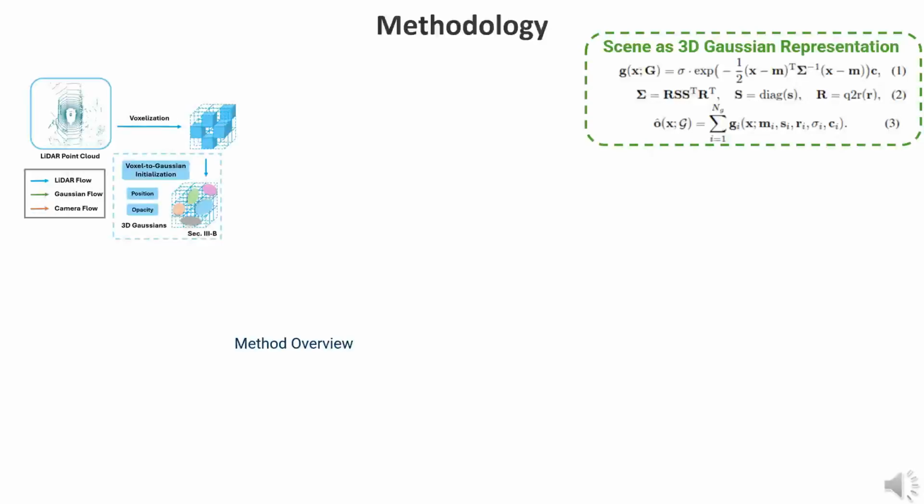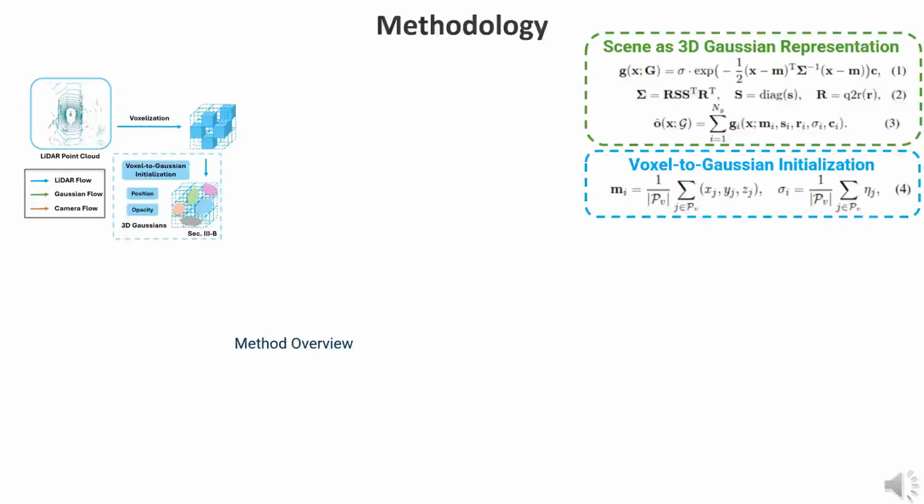We first model the scene as a set of 3D Gaussians, where each Gaussian is parameterized as a mean position, a covariance matrix, an opacity value, and a semantic logit. We first propose a voxel-to-Gaussian initialization strategy. We initialize the 3D Gaussians' means and opacities with the LiDAR voxel features. This strategy provides the Gaussians with strong geometry priors from the range sensor data, which largely improves the model's convergence and